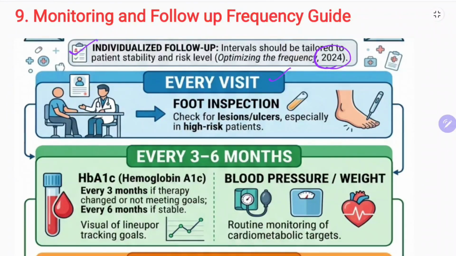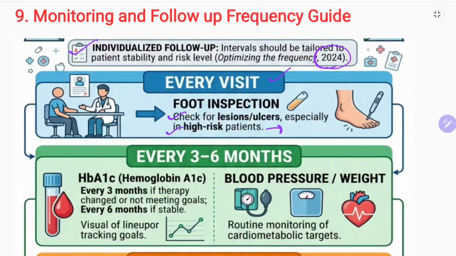At every visit, you should inspect the foot of the patient. So check for any lesions or ulcers, especially in high risk patients. High risk patients mean those who have neuropathy, meaning they have lost sensation in their foot. Mainly you should check pulses, pulses of dorsalis pedis, pulses of posterior tibial artery, and for high risk